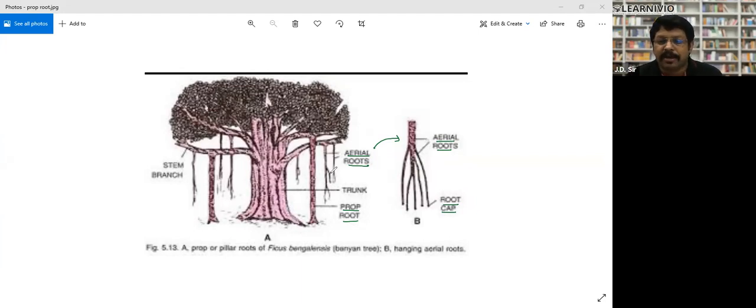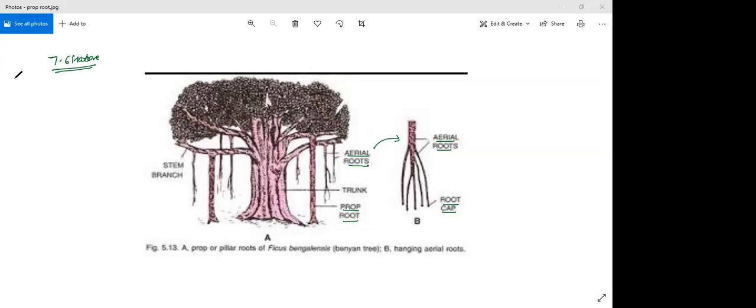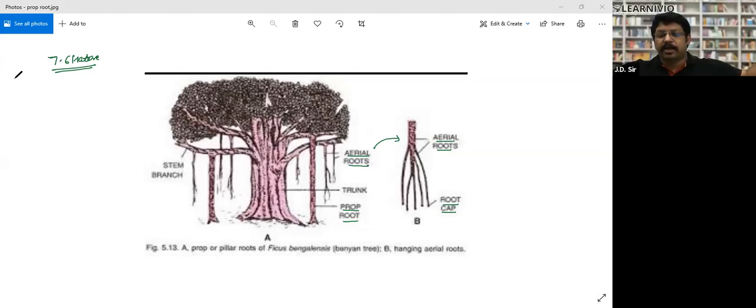There is a banyan tree in Karnataka, and the tree has spread over 7.6 hectares. Can you compare? Can you understand? 7.6 hectares, a single tree, and it is impossible to tell which is the main tree part actually. So the prop root spreads, and again it becomes an independent plant, and that's how the banyan spreads. Please note it down.